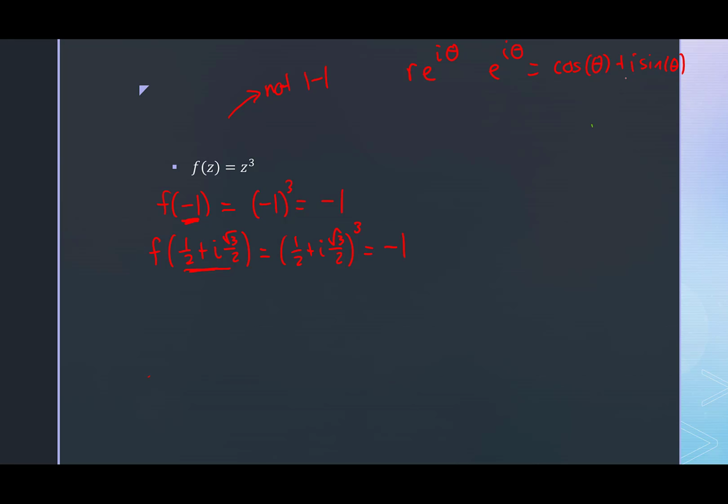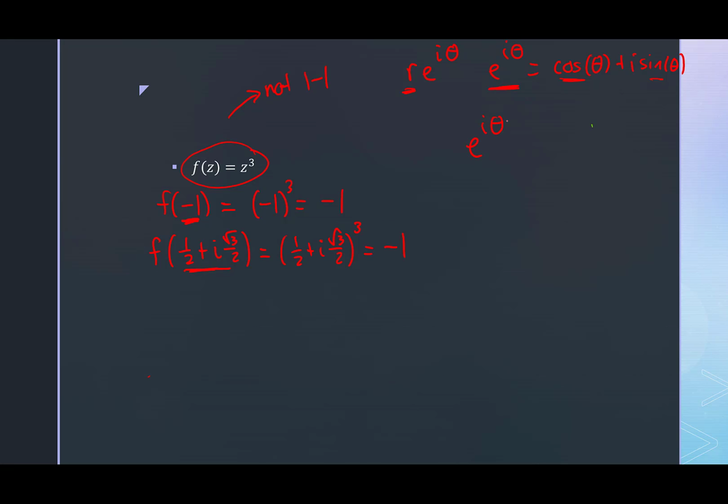Now remember, just back from trigonometry, cosine and sine are periodic functions, right? Which means that they repeat every 2 pi. They repeat the same values every 2 pi. So right off the bat, I'm a little skeptical when it comes to at least this being injective, because I know that I have some cosines and sines involved. Okay, so the first thing I did to find negative 1 and 1/2 plus i square root 3 over 2 is I thought, well, first of all, let's make r 1 just to make my life easier. So I just considered e to the i theta.